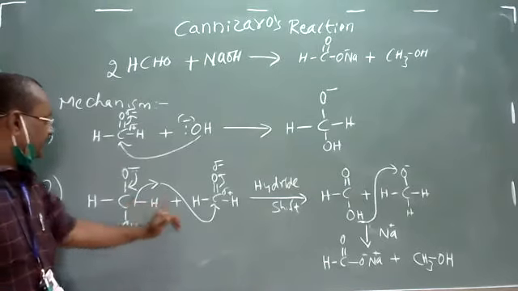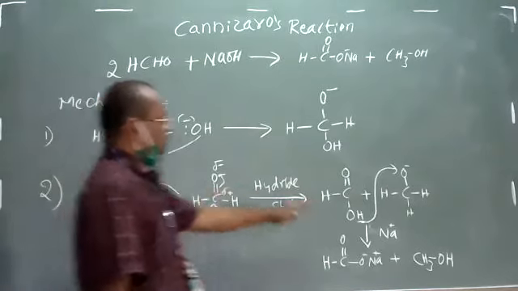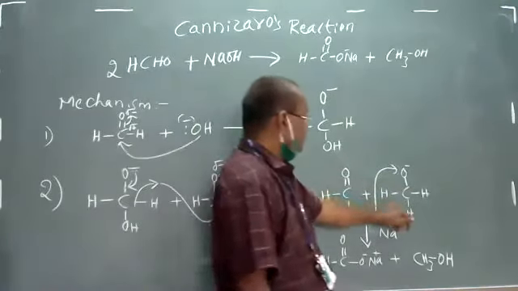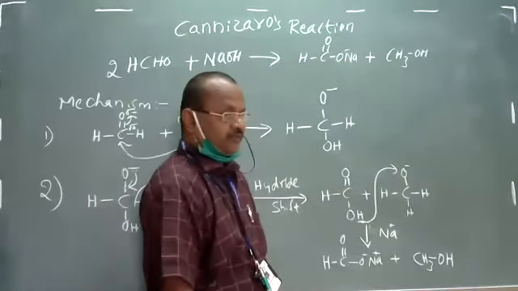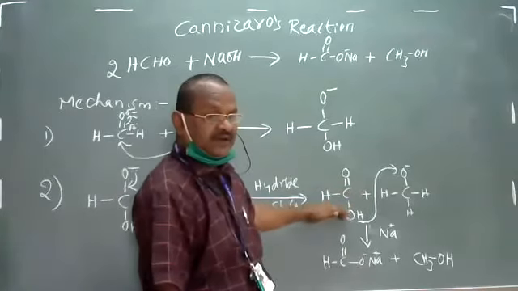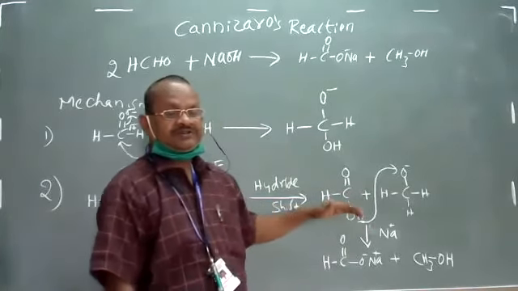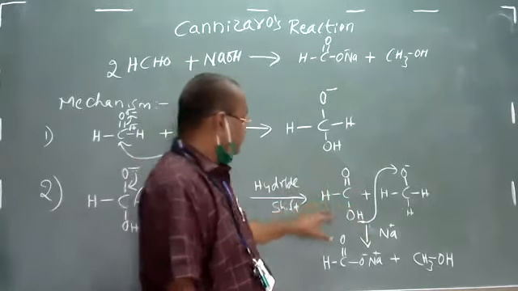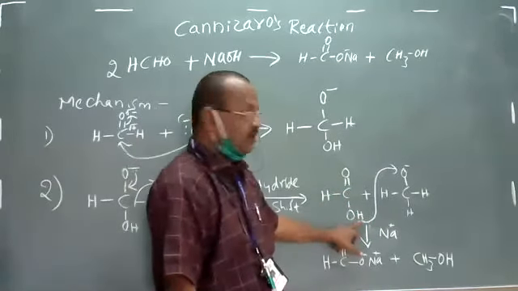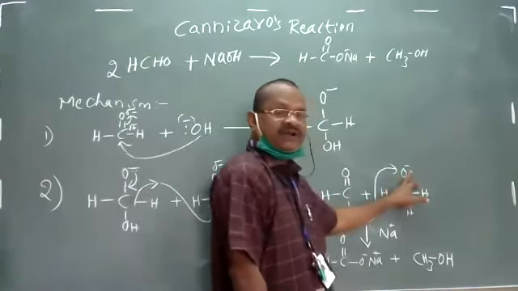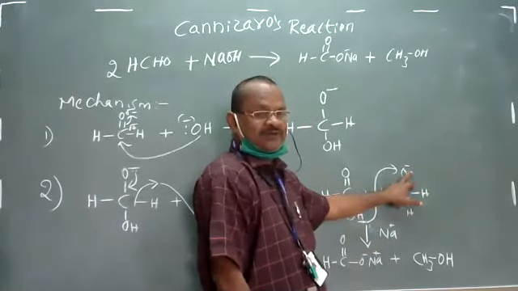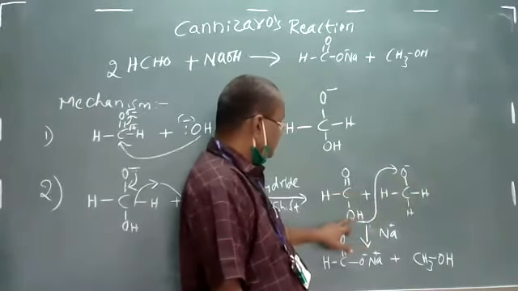So ultimately what is formed, when this goes out and when this forms a double bond, it forms a carboxylic acid group, and this oxide ion is formed. This oxide ion wants to stabilize once again, and this carboxylic acid group which is formed here always tries to donate hydrogen as a proton. This hydrogen which comes out as a proton will try to stabilize this O minus, that is the oxide ion. Thus when it attacks this and stabilizes this, it forms a hydroxy group, and the carboxylate O minus is formed.